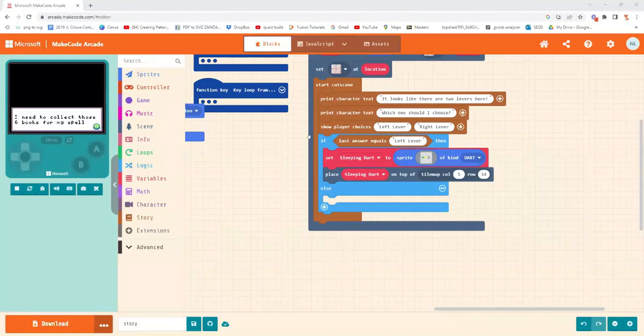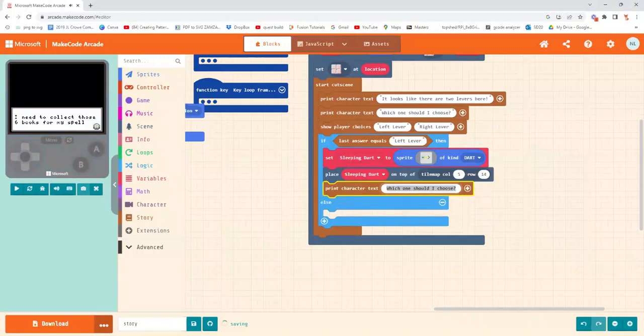All right, so what we're going to do now is print text. I'm going to take this top text and duplicate it, and I'm going to say something shocking, like a dart. I'm going to say, watch out. Okay, if I can spell watch right. Watch out. All right, so a dart, watch out. So if I pull the left lever, a dart appears on that tile map and it says a